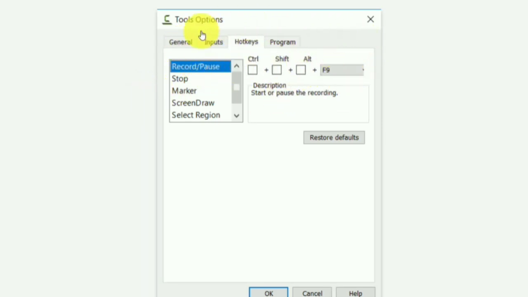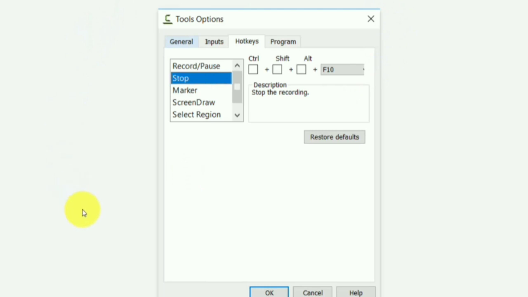So you can set up your pause key, and the recording will stop while you collect your thoughts. And when you hit F9 again, the recording will start again. So you don't have to start all over again when you think you might have made a mistake. You can stop the recording by setting up your stop hotkey. Now, these two keys in particular are important while you're doing demonstration style videos, because by using them, you can record your videos in one take and edit them in one take,